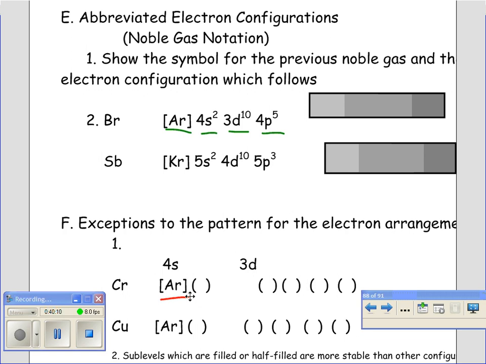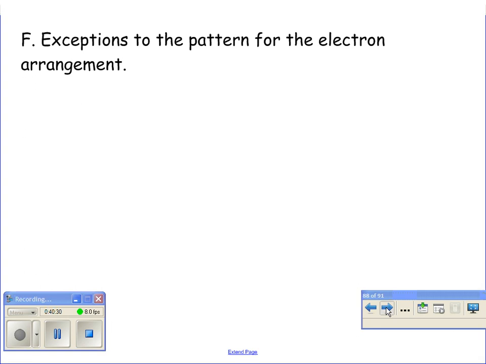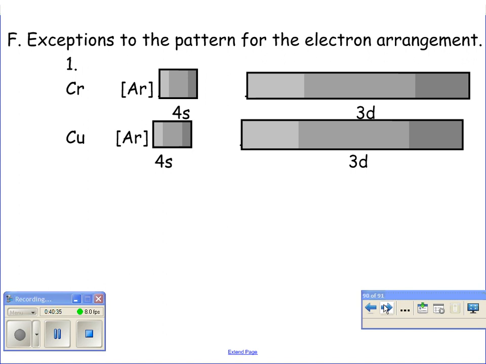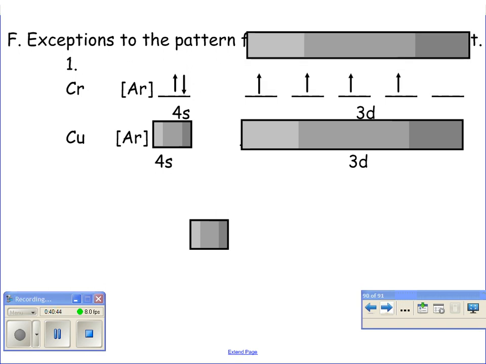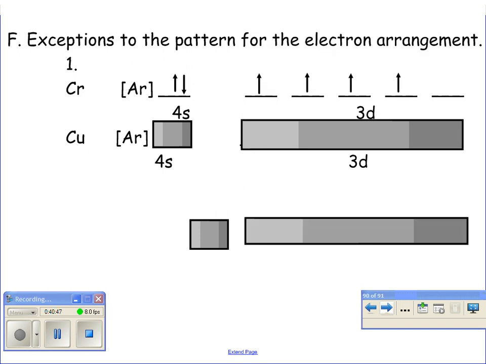Now, for the D block, the ones where the S sublevel of the next energy level is filled prior to the D sublevel, there is an exception. It becomes very unstable whenever the 4s has 2 and then the D block is 1 away from being half filled. It becomes very unstable, and this